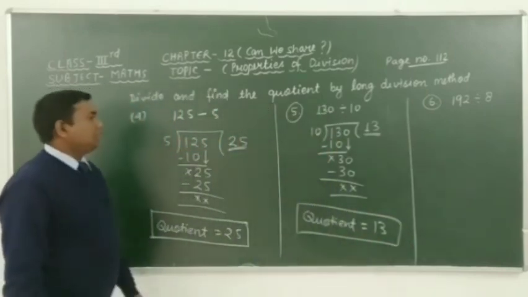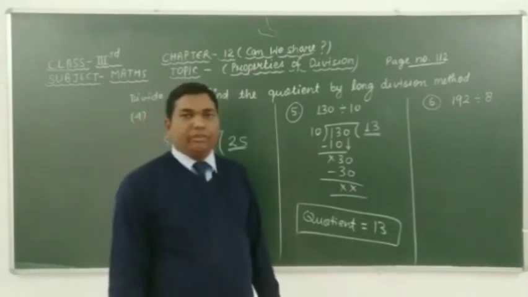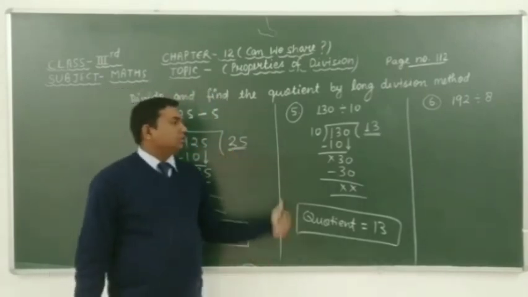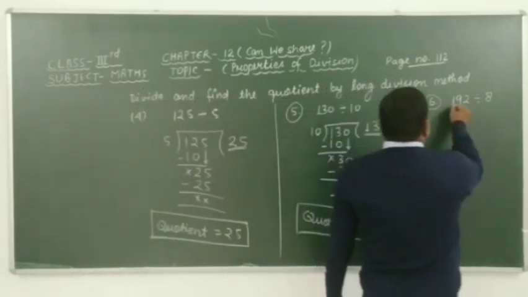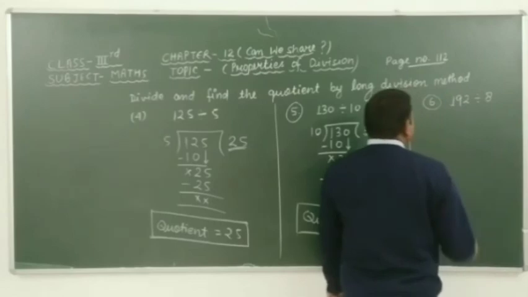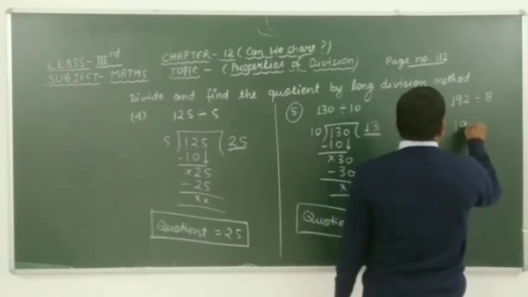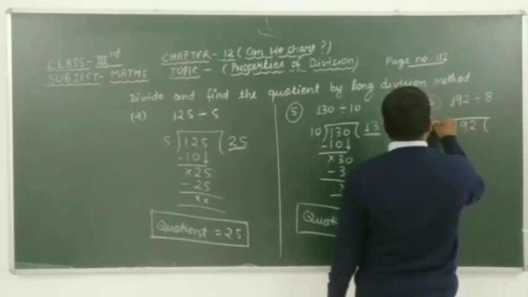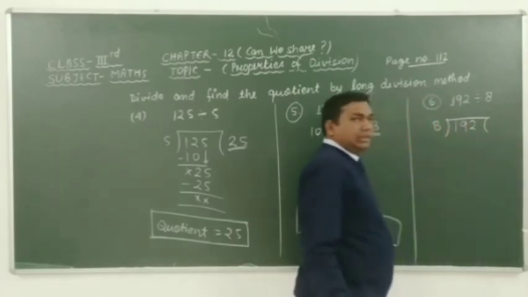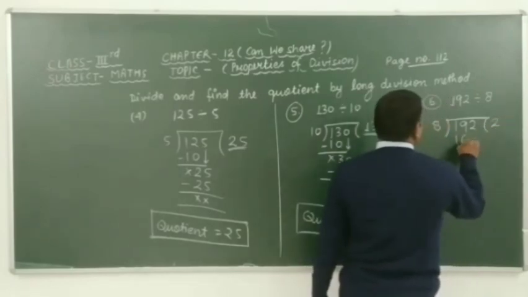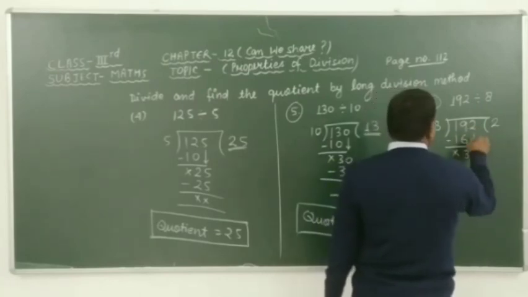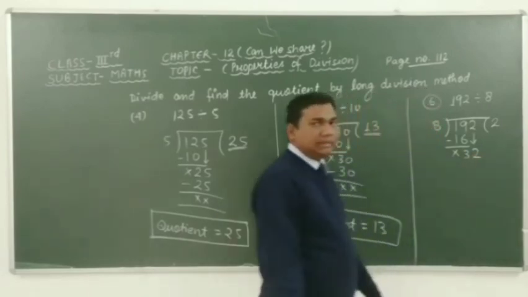Okay students, if you have any doubt in this question, please ask me. Here it is given 192 divided by 8. Students, firstly we have to take the division of 192 by 8. Because the table of 8: 8 ones are 8, 8 twos are 16. Here we can write 16. After subtracting these, we get 9 minus 6 is 3. 1 minus 1 is 0, so cancel out. And here we bring down 2 as the same.